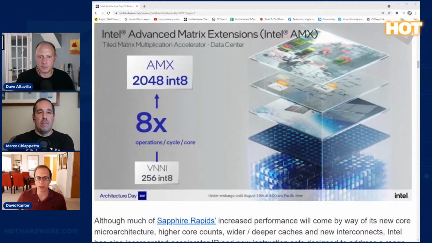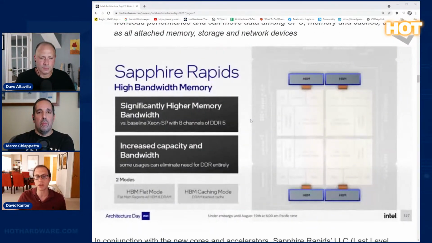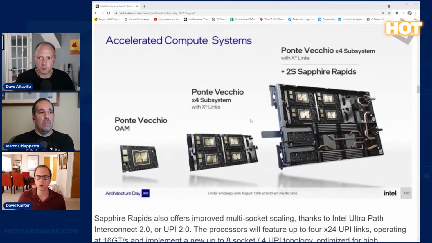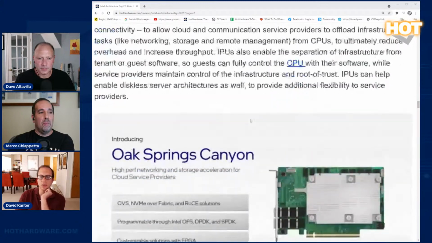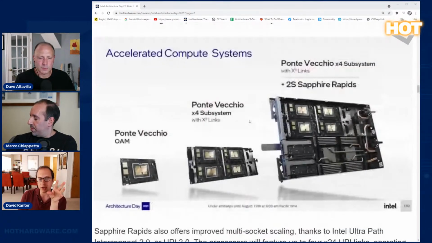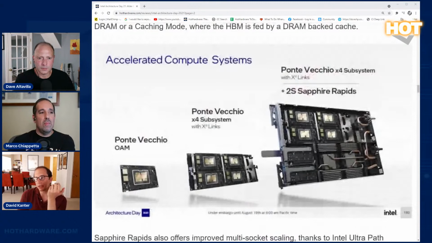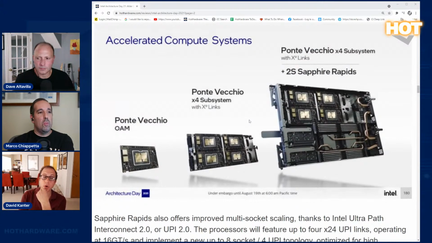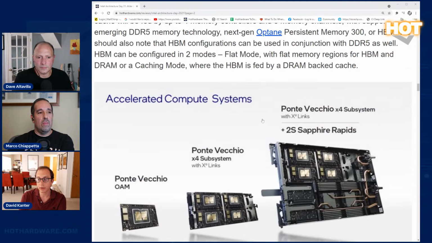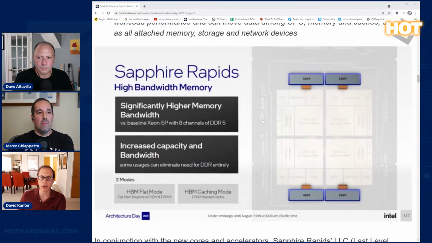But I think a lot of those features are pretty cool. They talked about quality of service stuff, right? So making sure that one VM doesn't choke off the other for access to memory or IO or whatever it is. So I think that's pretty cool. And then, the other thing here is, Sapphire Rapids is probably a more tangible product to most of the audience, right? We know that historically Intel's high-end desktop uses a cut-down Xeon. So we may actually be able to get Sapphire Rapids in our hands.